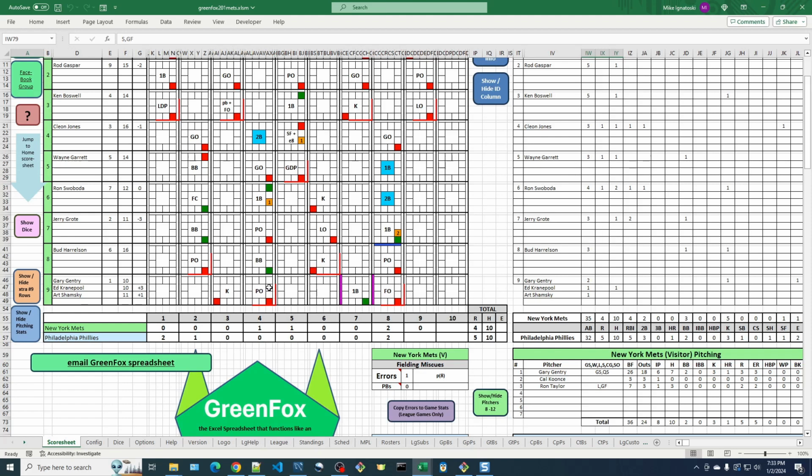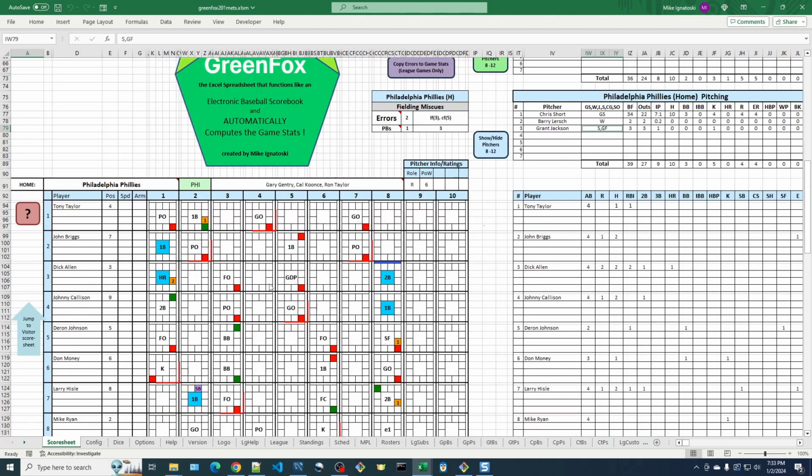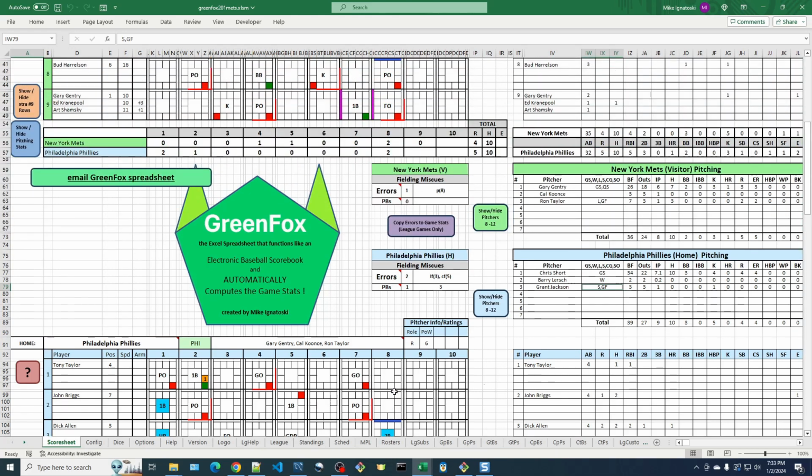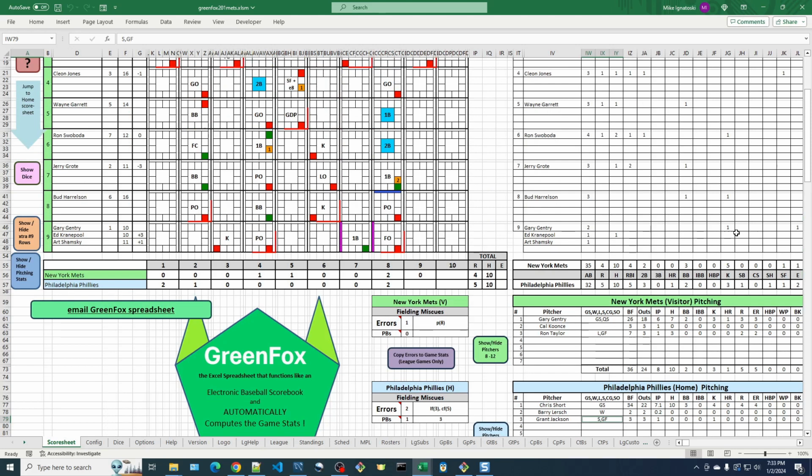But Gary Gentry wasn't pitching in the eighth. If we look down here at the Philly score sheet, Ron Taylor, so Gary Gentry pitched until the seventh. That's when Cal Kuntz pitched the seventh, and Ron Taylor pitched the eighth. Here's the error that it found on the pitcher, which was Ron Taylor, which happened in the bottom of the eighth. Now the challenge here is, it shouldn't go to Gentry, so we can click here and hit delete